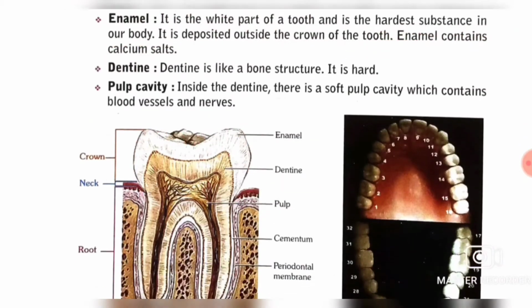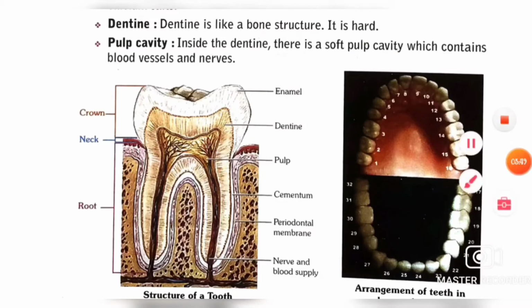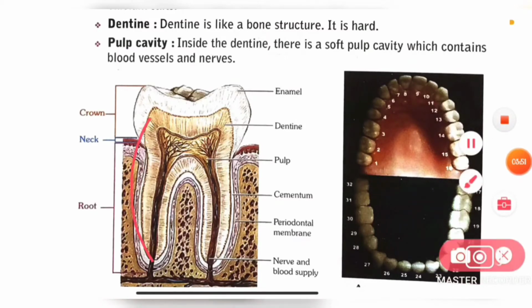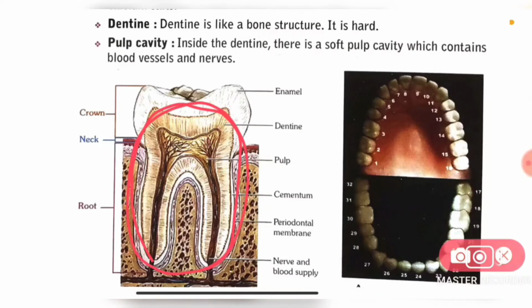Now going to the next part, it is the dentine. Dentine is the under part of the enamel. This part is the dentine. It is yellow in color. It is like a bone structure. Okay, it is yellow in color. Enamel এর ঠিক নিচেই যে পার্টটা রয়েছে, that is the dentine part, it is yellow in color. It is not as hard as the enamel, it is less hard than enamel. And the third part, or the most inside part, is the pulp.